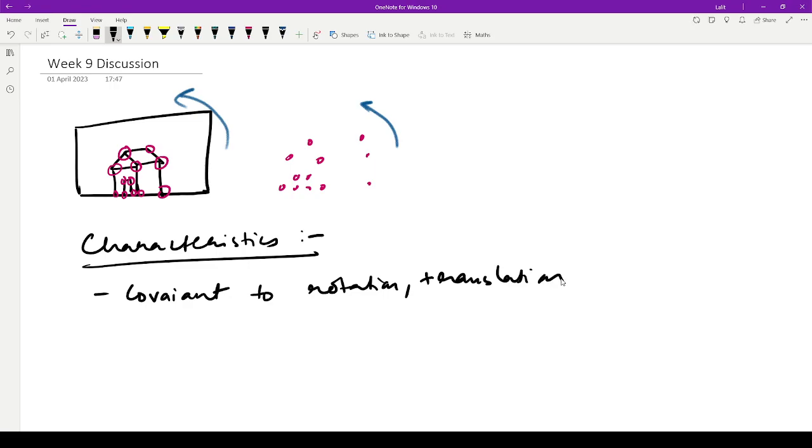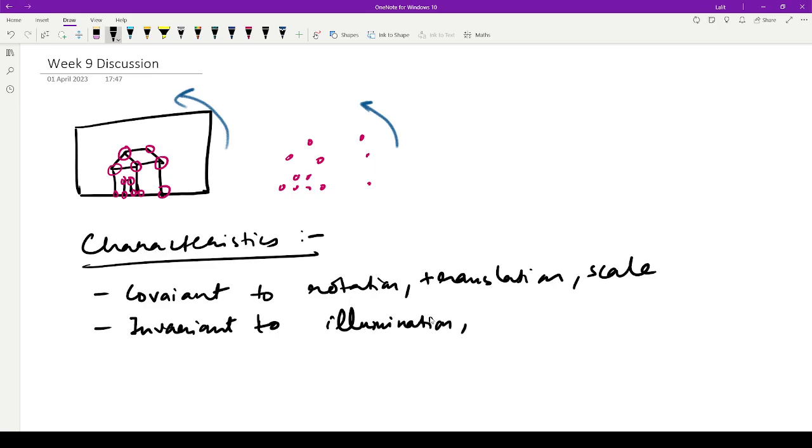So if I translate the image by some amount, your interest point should also translate. If I scale the image, the interest point should also scale, and it should be invariant to, for instance, illumination,